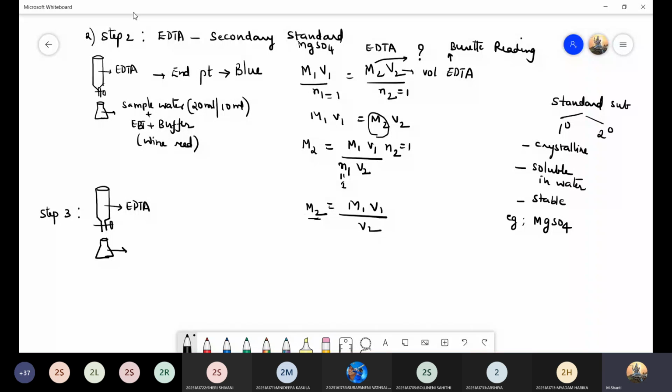What has to be taken in the conical flask for total hardness? Sample water. Sample water means it can be borewell water, any water sample whose hardness you are trying to estimate. That is the source. Sample water means directly from tap water, we won't usually estimate hardness because tap water is already purified and free from all kinds of hardness causing salts. But borewell water cannot be purified. So I have written sample water as borewell water.